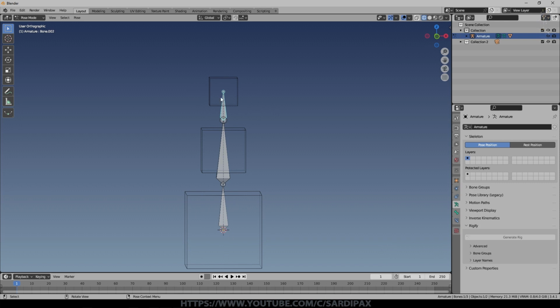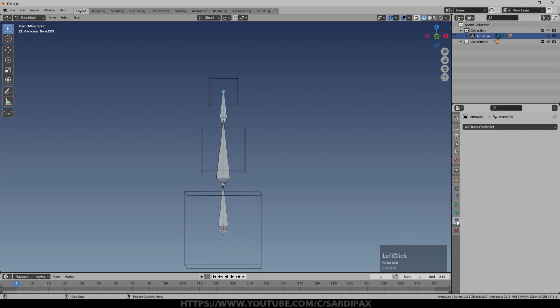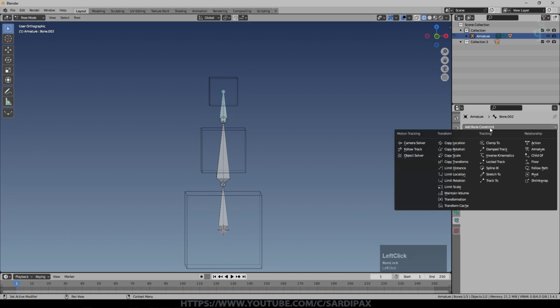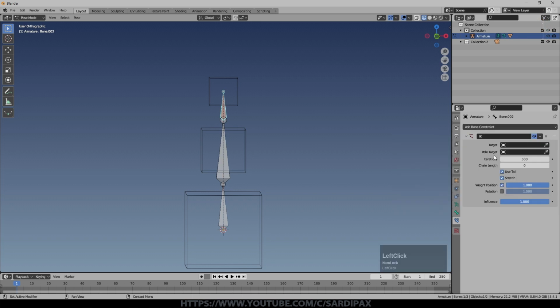It's not by accident that these armature points are called bones. So we can use inverse kinematics. And the easiest thing to do is to do that with object constraints, or specifically bone constraints. So I've gone to that top bone and I'm going to add a constraint, and it's going to be the inverse kinematics. Kinematics is about the science of movement. This is inverse kinematics. So it's rather than this moving this, which moves this, it's this one moving and then these moving to accommodate it, which is why it's inverse.